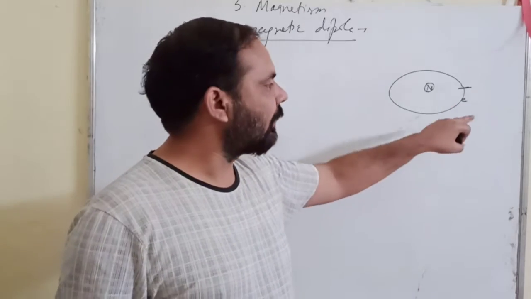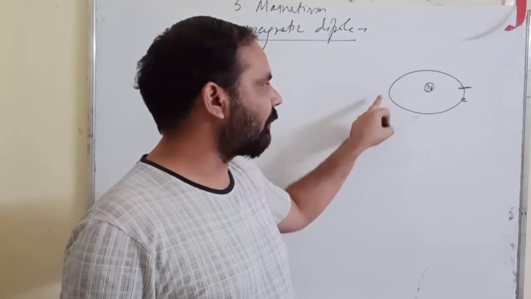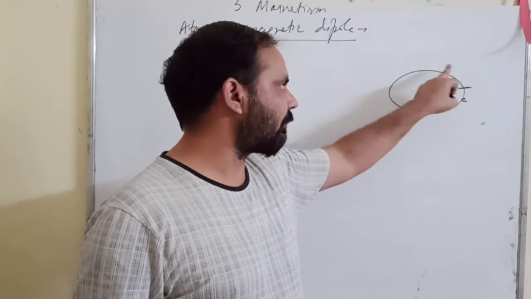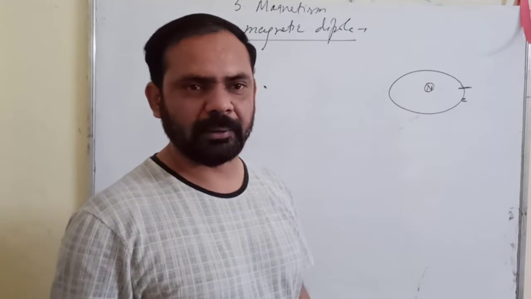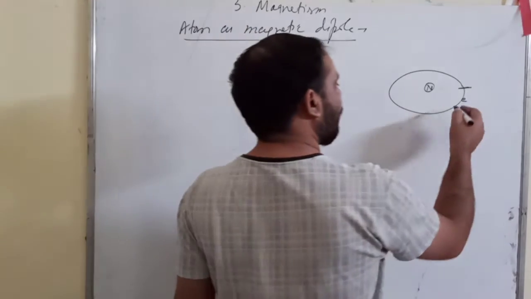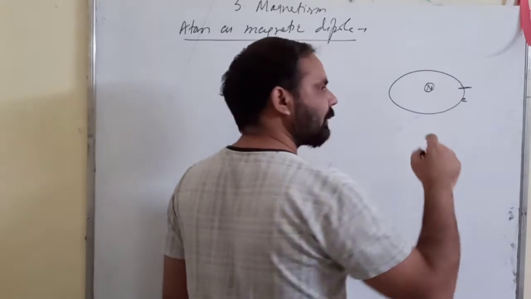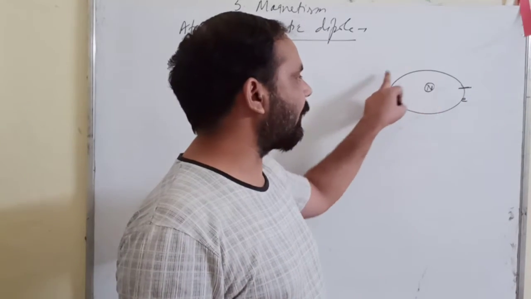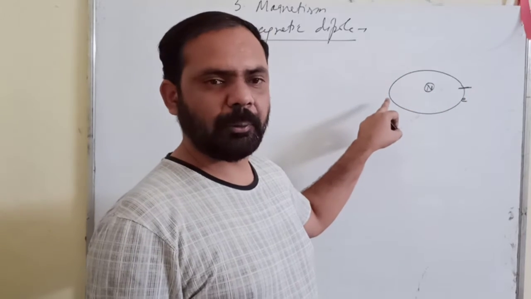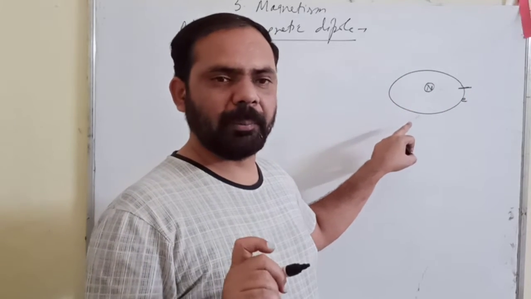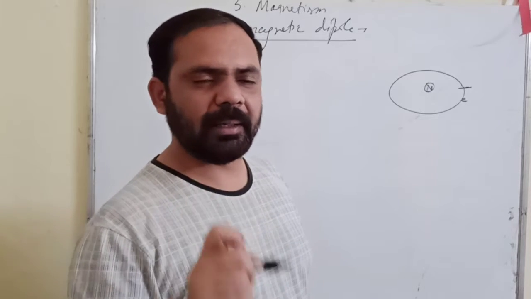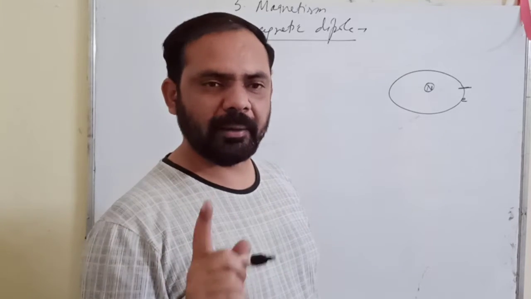So it means that the charge is moving in this circular path, or you can say that the charge is flowing on this circular path. So can you say that a current is flowing through this circular path? Because flow of charges is current. So there is a flow of current in this circular path. Now if the current is there, then it will generate a magnetic field. So every atom must have a magnetic field also.